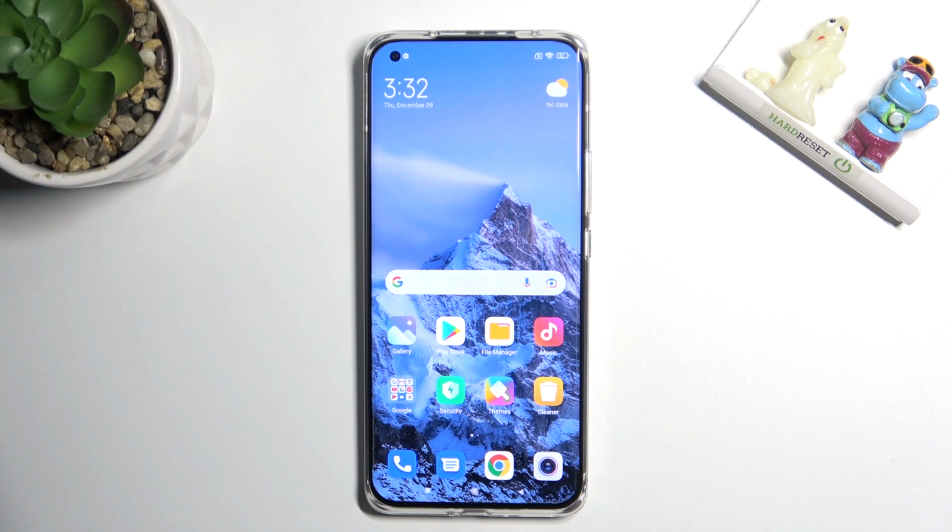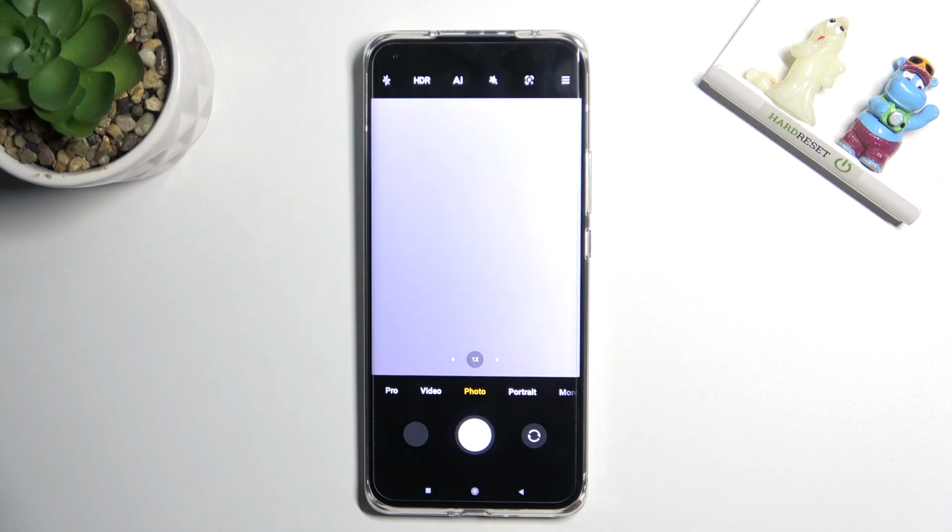Welcome, here I've got Xiaomi Mi 11 Ultra and let me show you how to turn on and off camera location tags on this device. So let's start by tapping on the camera button to open it, and for now we are on standard photo